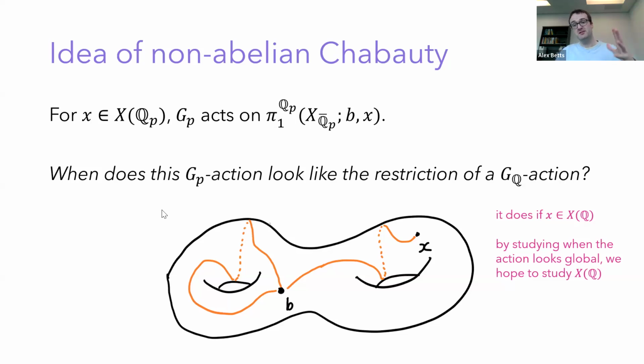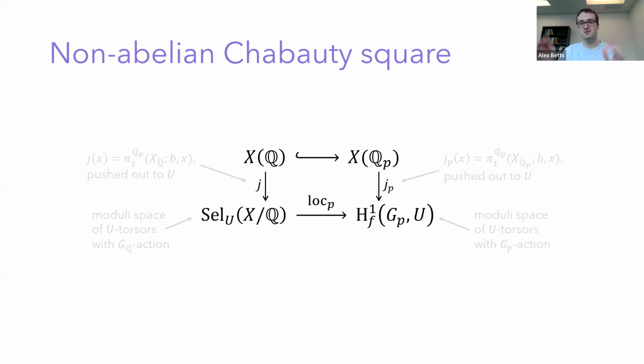So the way we make this precise and mathematical is by means of a certain commuting square, which I'm going to call the non-abelian Chabauty square. Here on the top row, I've just got the set of rational points embedding inside the set of Q_p points, and this is what we want to study. And we're going to study it using this fundamental group. I forgot to write this down on the slide, but we're going to choose some quotient of the fundamental group, which I'm going to call capital U,